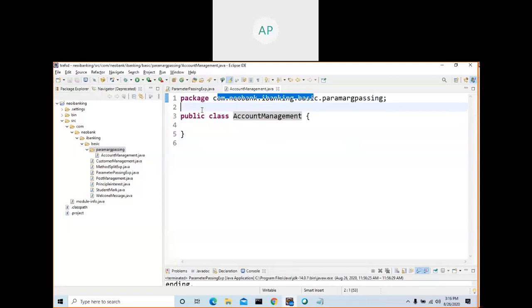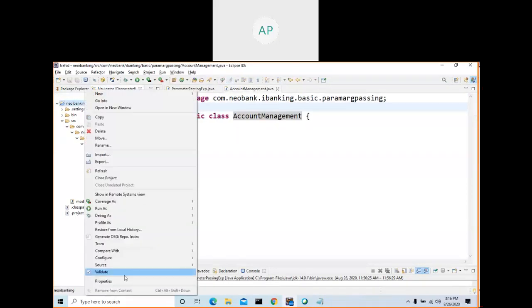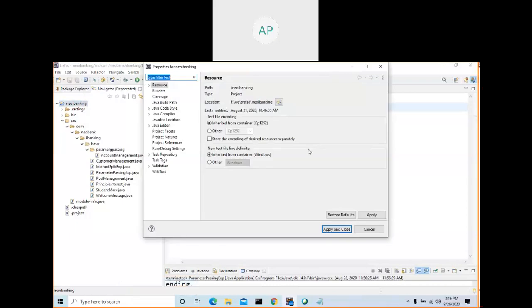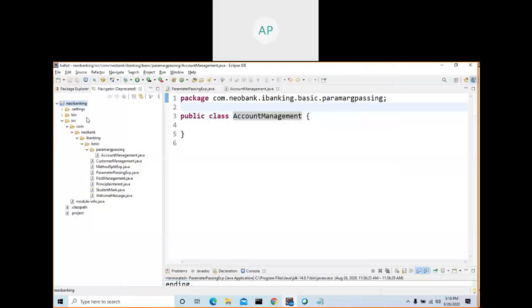So if you want to see where this class resides in our laptop, go to properties. Right click on the project. It's a folder, but in Eclipse we call it a project.